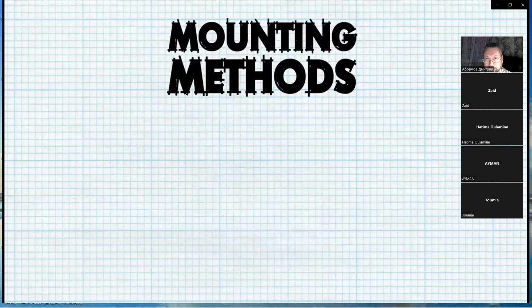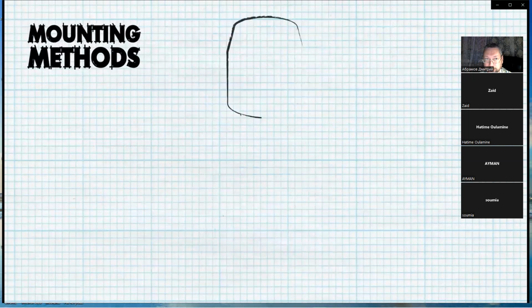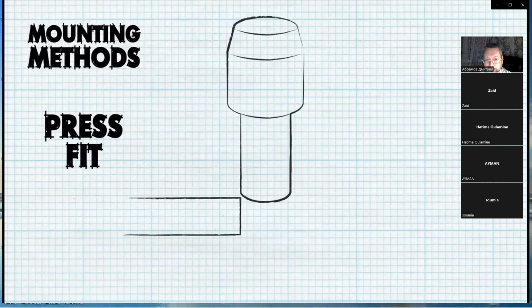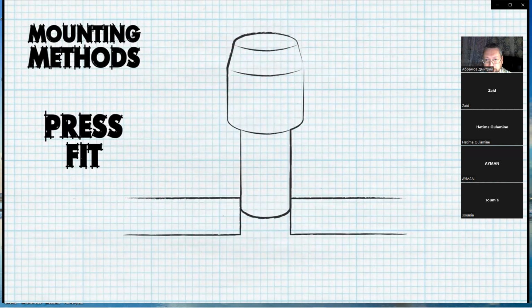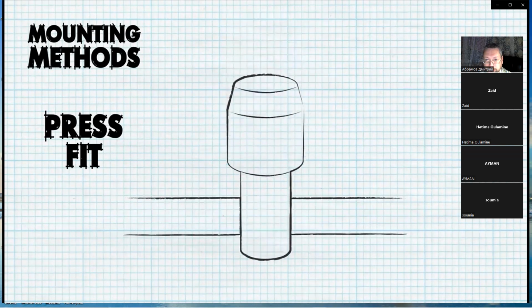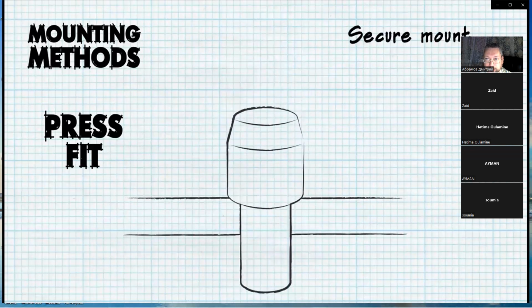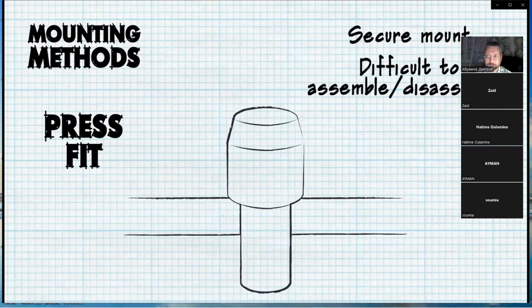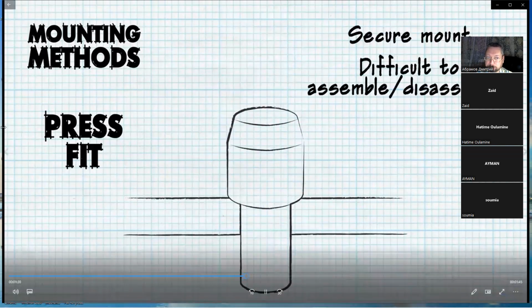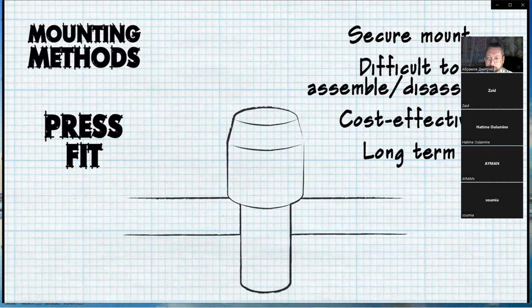The most popular mounting method for most locating pins is the press fit, and utilizes interference to create a constricting fit by forcing the pin's shank into its respective mounting hole. While this provides a secure mount for the pin, it can be extremely difficult to assemble and disassemble, and is not recommended for short-term jigs and fixtures. If you're looking for cost-effective long-term solutions and have the appropriate assembly press, a press-fit shank may make the most